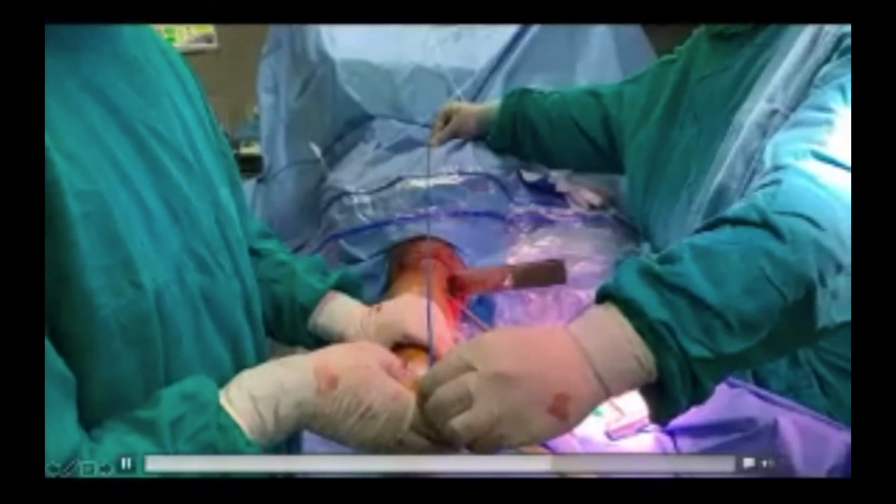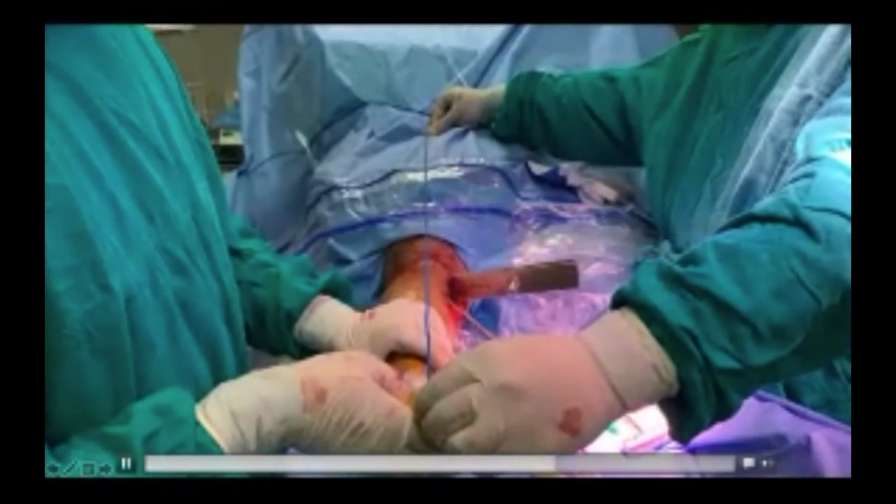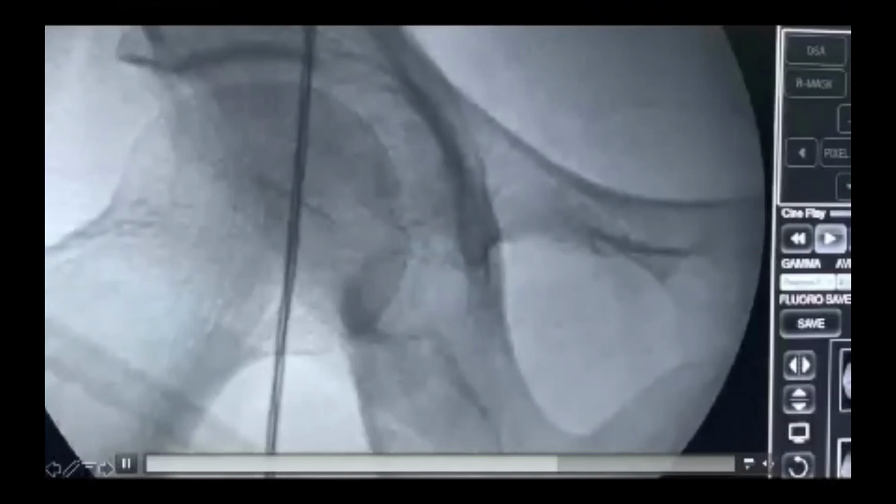Once the desired opening is achieved, then we use a cautery wire to confirm whether our correction is good or not. So this is the center of the hip, this is the center of the ankle, and then we take a C-arm image of the knee, in which you see that this is just going